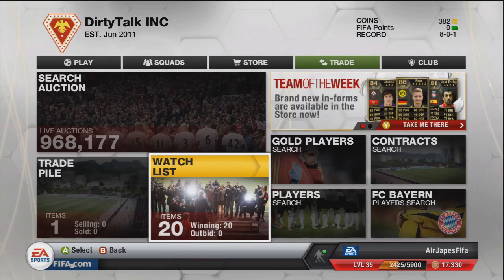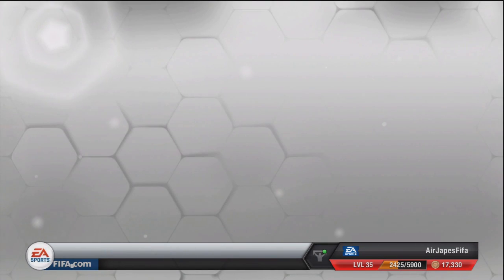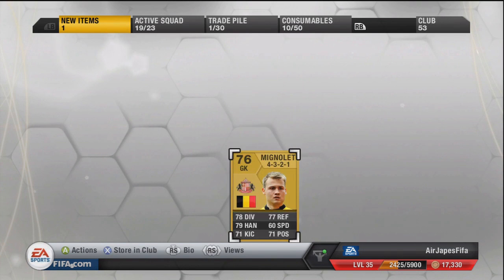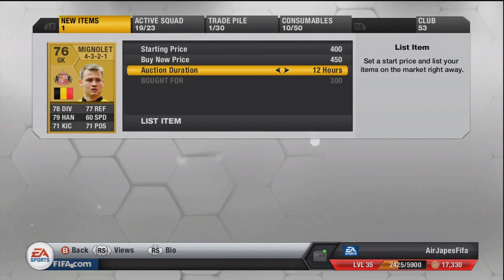So moving on, we're now entering the third one, and you can see now I have 382 coins. So I could have gone out and I could have bought one more player, but I did not. I decided it's time to list all these guys up. As you remember, we had Mignolet before. We're going to list them